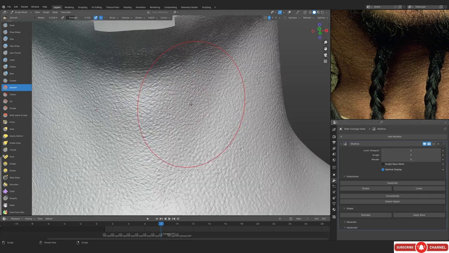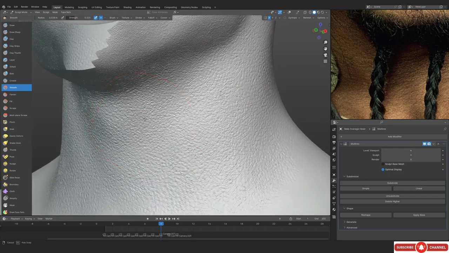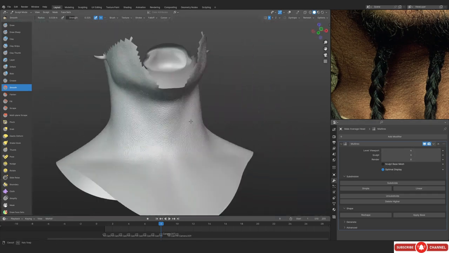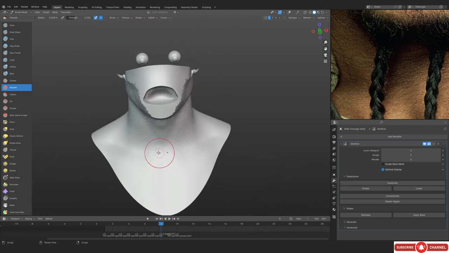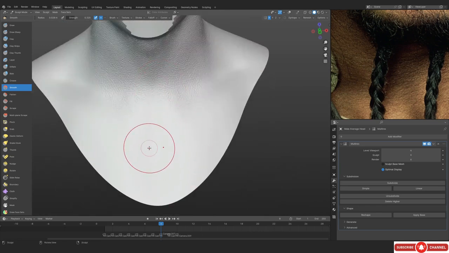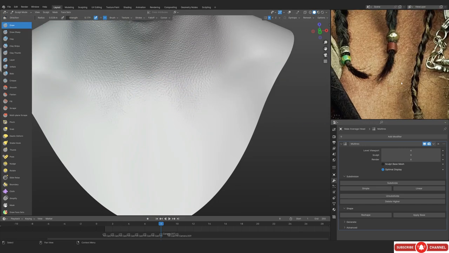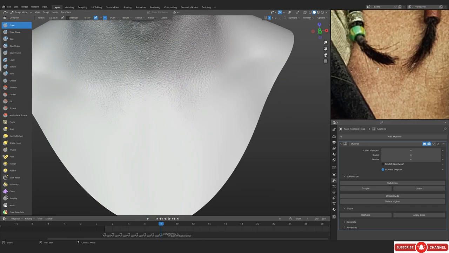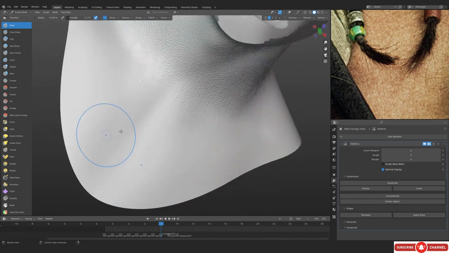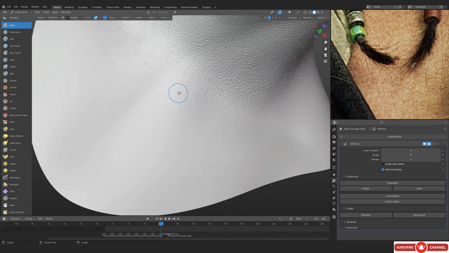So yeah, you can see this is much sharper, first thing first, and the intensity is also decreased. So if you wanna do the same thing to your sculpt as well, you can actually do that, just in case you wanna decrease the intensity.